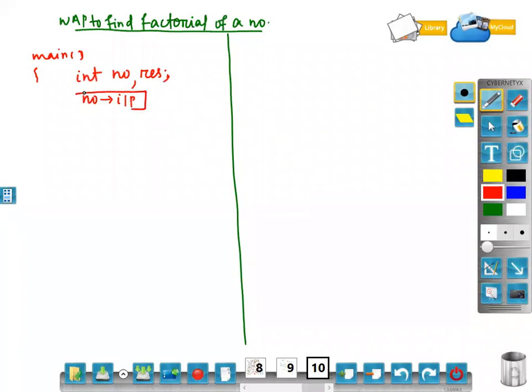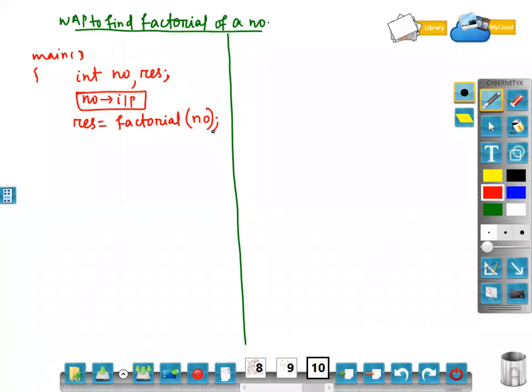Here, first I have taken input for number using printf and scanf. Then I am writing res equal to factorial, and inside that I am passing the variable number. Factorial is a user defined function.